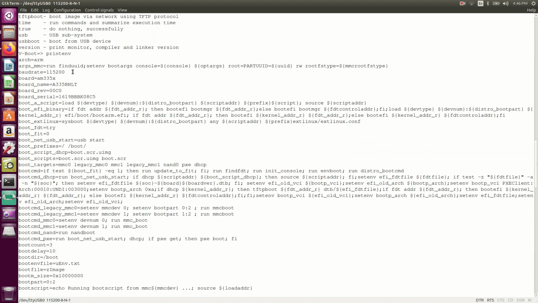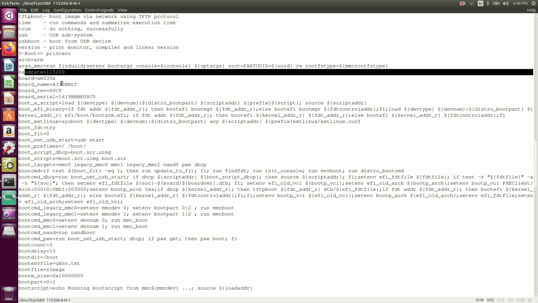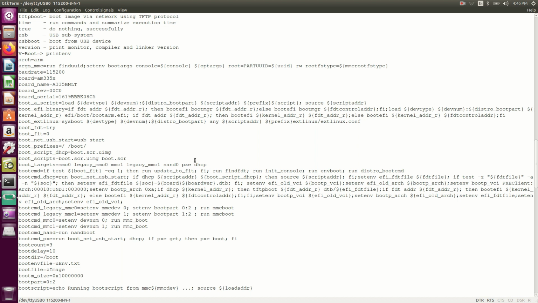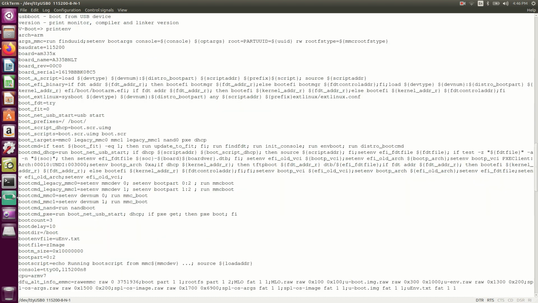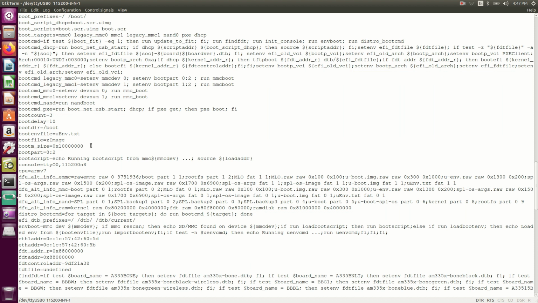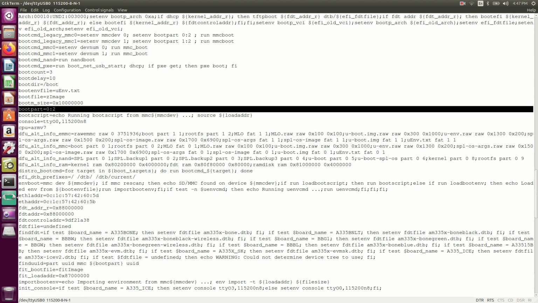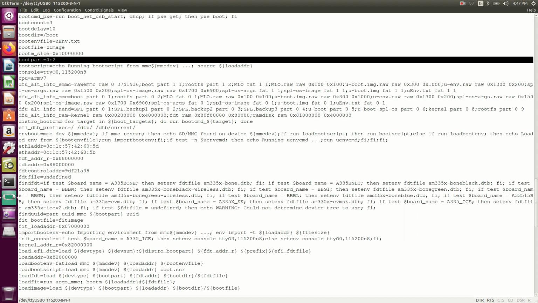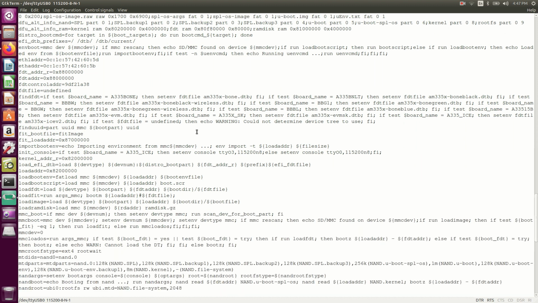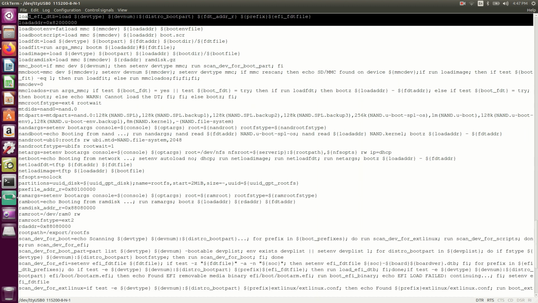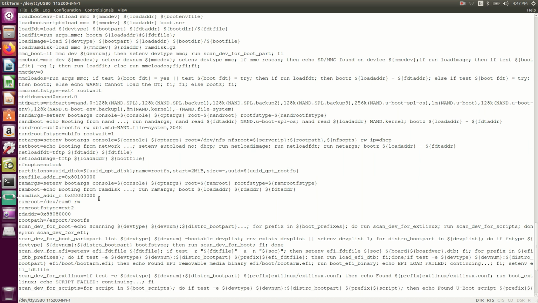As you can see, the baud rate is 115200. This is the serial number, the name of the board. There is the flattened device tree, the partitions, the count, the delay. There are so many things, and you can go through them to see what they are about. There is a load address also. What is that load address, and from where is it starting? There is a RAM disk address also.